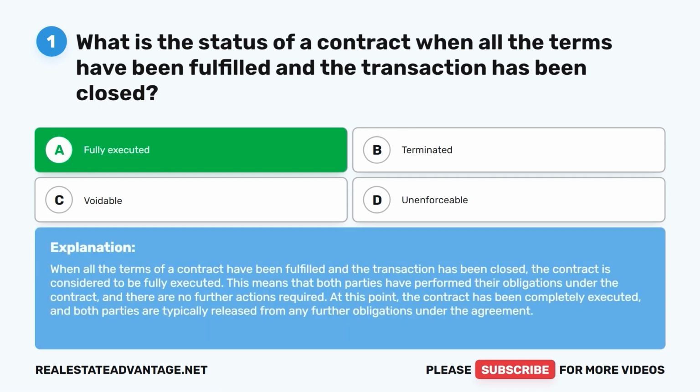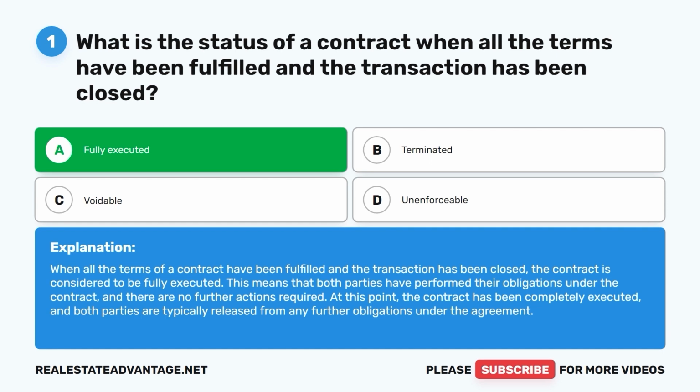Fully executed. When all the terms of a contract have been fulfilled and the transaction has been closed, the contract is considered to be fully executed. This means that both parties have performed their obligations under the contract and there are no further actions required. At this point, the contract has been completely executed and both parties are typically released from any further obligations under